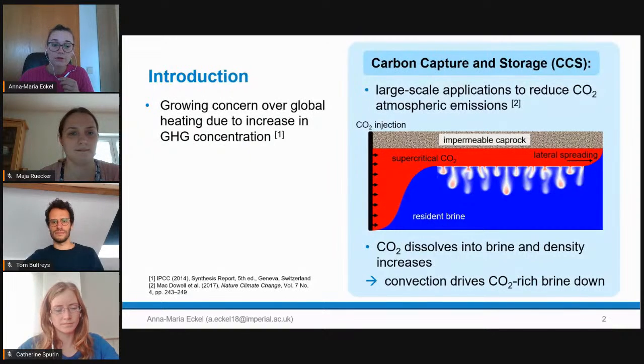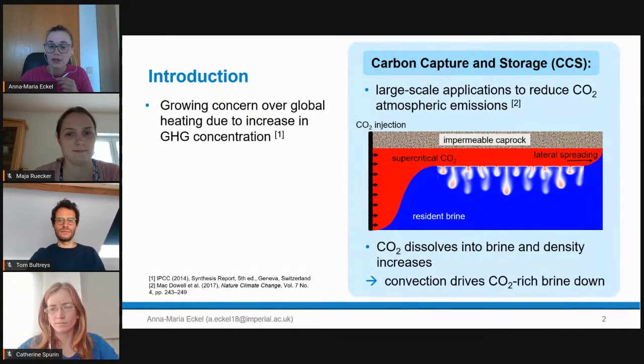There is a growing concern over global heating due to the increase of greenhouse gas concentrations in the atmosphere, and it requires large-scale applications to reduce CO2 atmospheric emissions, such as carbon capture and storage. CCS involves the injection of CO2 into a porous rock formation, for instance, the saline aquifer, as shown here. At the interface between the injected CO2 phase and the resident brine phase,